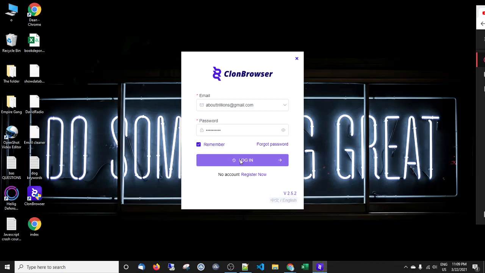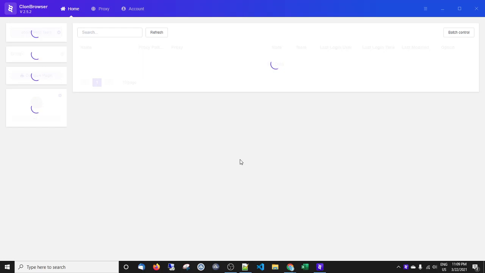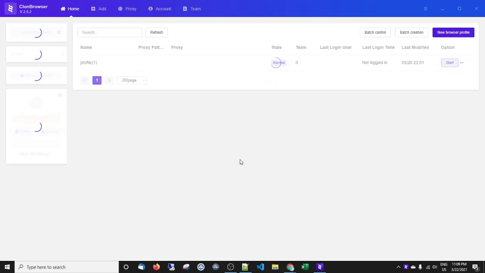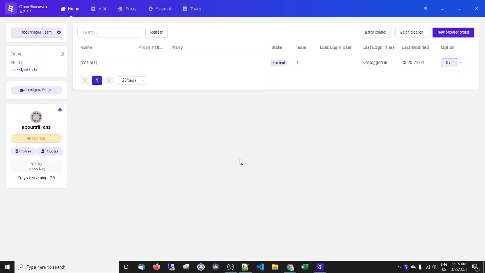So you could have 100 browsers running, if you pay for it. They're all independent of each other. They've all got their own local storage and their own fingerprint. You can use individual proxies for each one, or you could use a 4G proxy so that it changes. I've just got the novice bag, which allows me to have 10 different browsers, 10 different setups running at any one time. So what I'm planning to do is